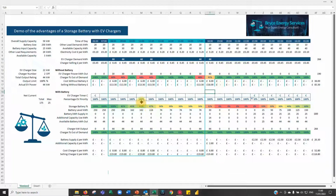So what we have down here is the available power. Now in the first column here, I've just stated that by 6 a.m. the battery is fully charged. Now with the parameters I've set at the moment, you can see by 5 a.m. it's only 60% charged, so there's a problem. That should be 90% down here if it's still under charge, because what we have here is a slight problem in that we've discharged the battery so much that it hasn't come round to be ready fully for the next day. And the idea is that you want to start each day with the battery 100% if you're just using it simply for charging. So what I'll do is I'll just add another charge hour